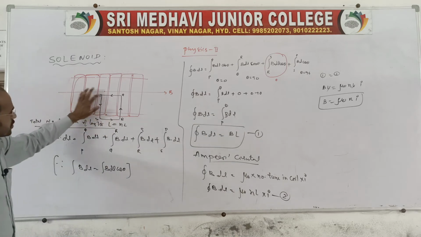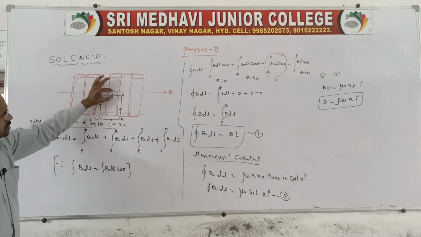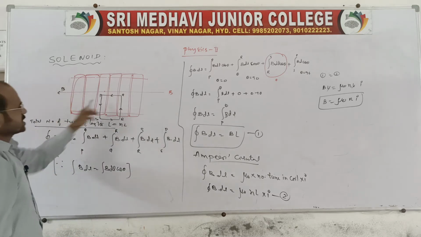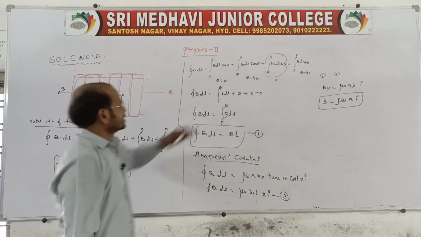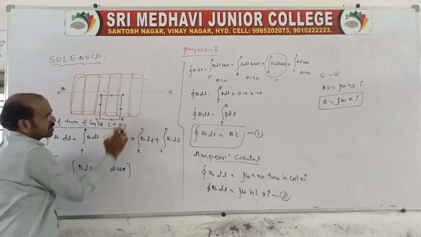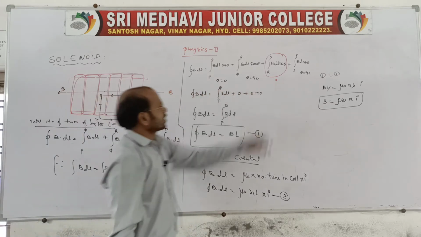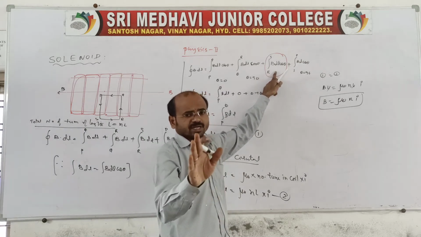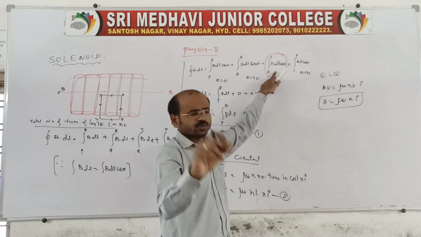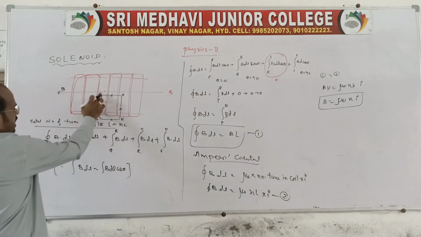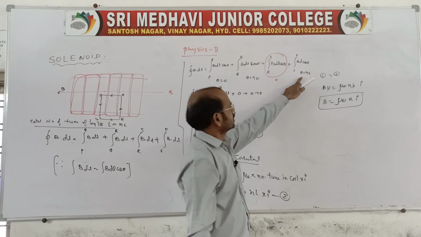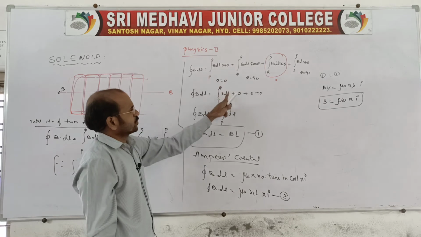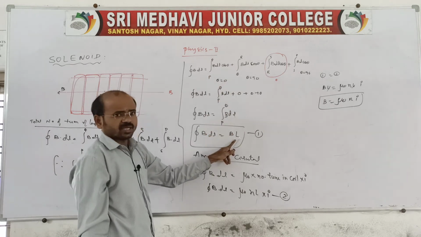Look at here, this P and Q actually is parallel to the magnetic induction. Suppose you say direction of magnetic induction like this also, no problem. So which is parallel, theta is 0, and here this wire or this loop is Q and R, perpendicular to the magnetic induction, 90, and here it is R and S which is outside, no? When it is outside, the magnetic field induction of the solenoid is 0. For the solenoid, outside it is 0, so that you say 0. And come to the point, this S and P, no? S and P again it is perpendicular. So perpendiculars are cos 90, 0, no? Therefore you take 0 0 0. Only we have B dl only. So dl integration is capital L, total length of the solenoid.